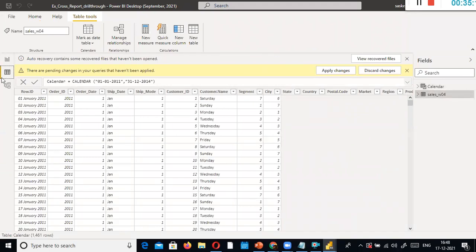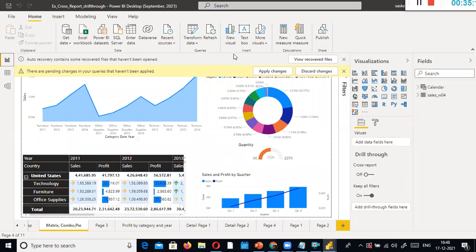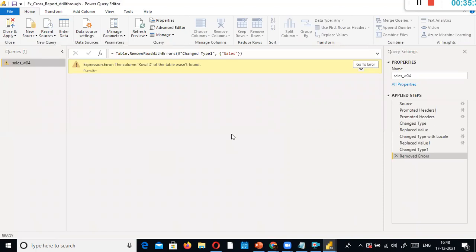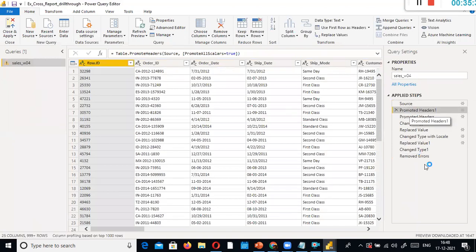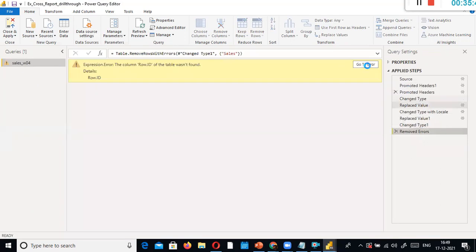Row ID is available here. Somehow, one second, removed. Can we see remove errors? Row ID of the table was not found.